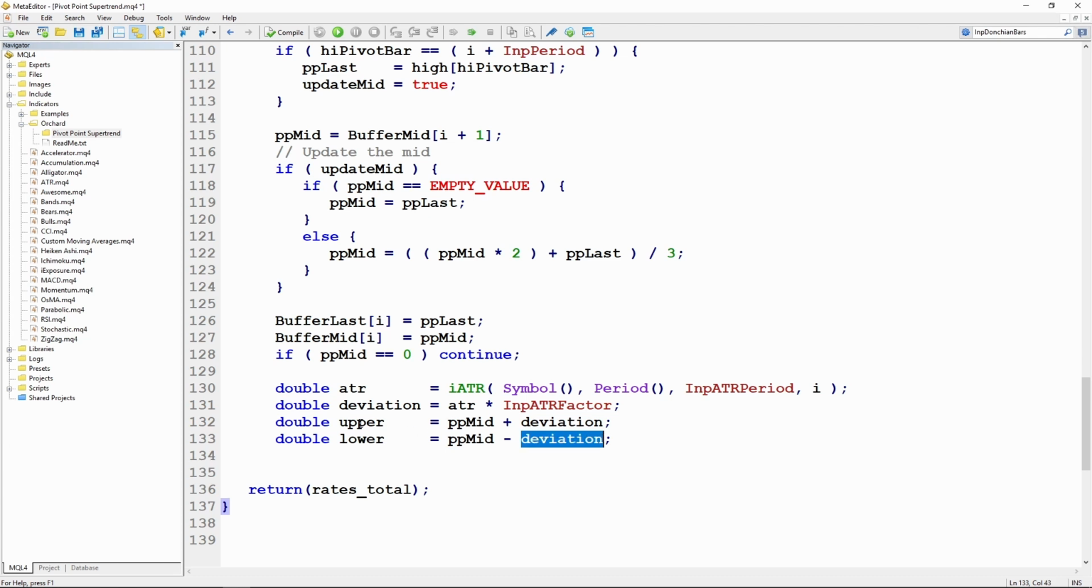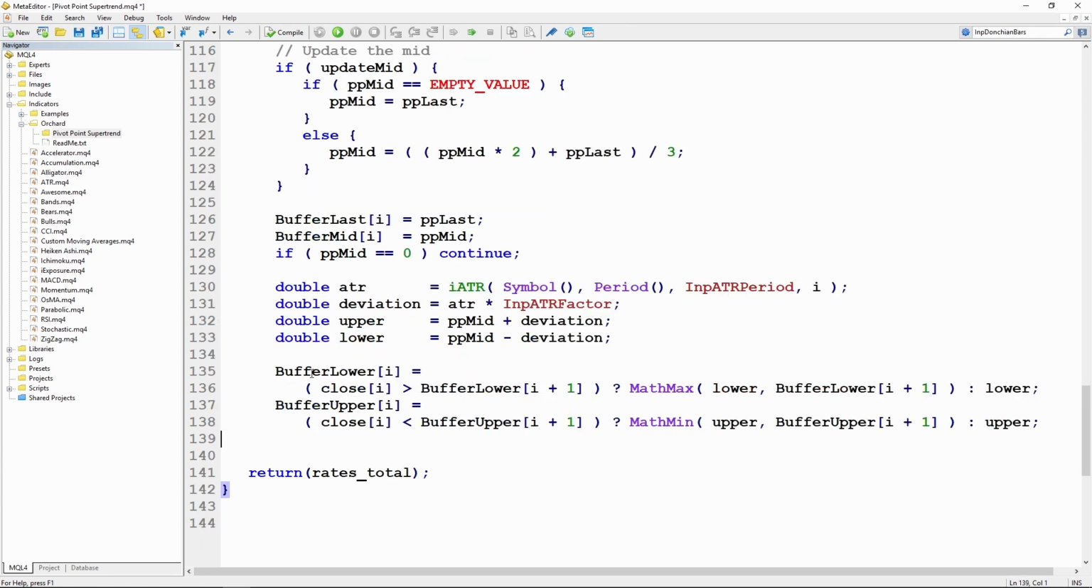So now that gives me a value of upper and lower that are equidistant from this midpoint, but remember that those channels only get closer. So if I've had an expansion in the ATR, it will not push the support or the resistance away. And so I need to perform a test before I actually assign those values into the buffers. So looking at buffer lower, and remember this is the working value buffer, the buffer lower. Buffer lower I is equal to, if the close value of I is greater than buffer lower I plus 1, so if it has closed above the previous lower,